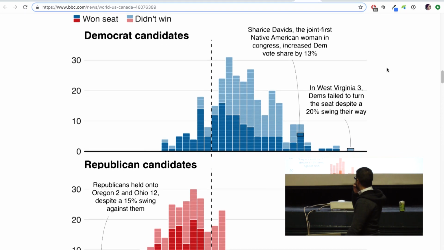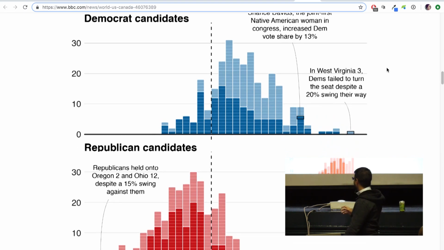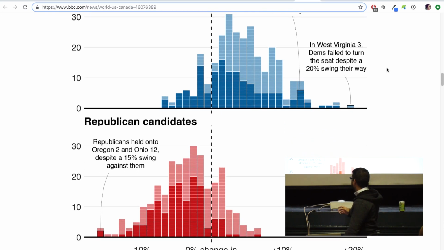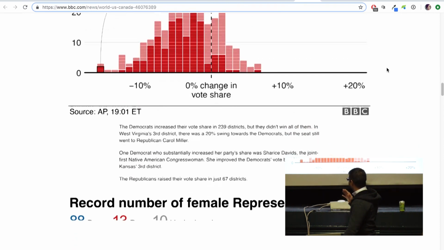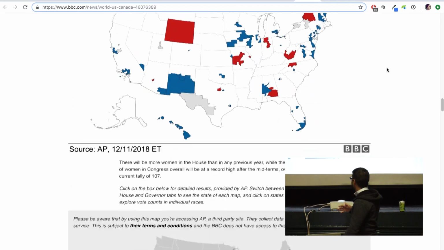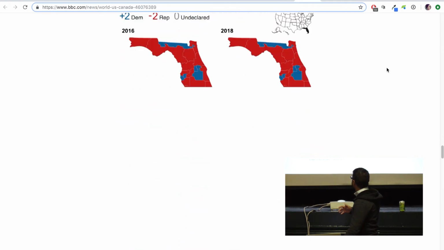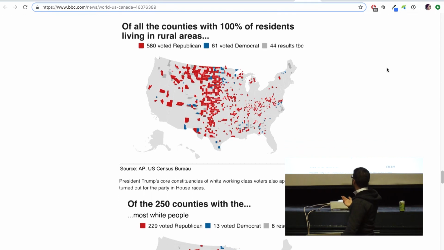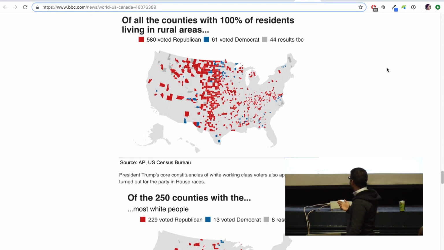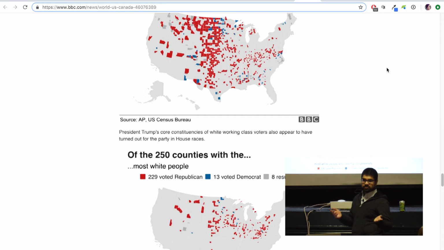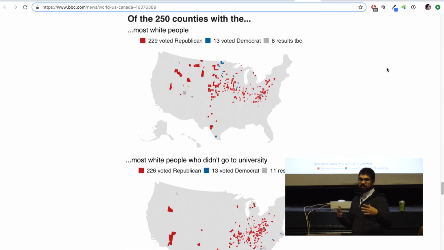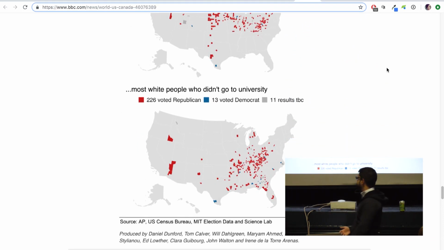And then they give other really good analysis of how Republican candidates won and by how much, Democrats won and by how much, looking at female representatives, turnout. These things aren't loading for some reason, but oh, there they are. And I think these are very simple explanation analysis that people can understand just by looking at it, which is really important when you're doing a forward-facing look at visualization.